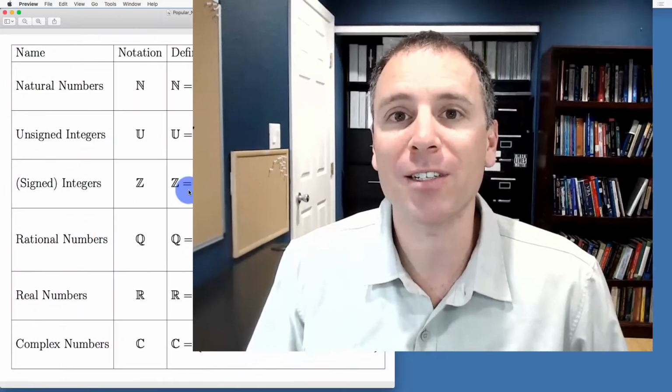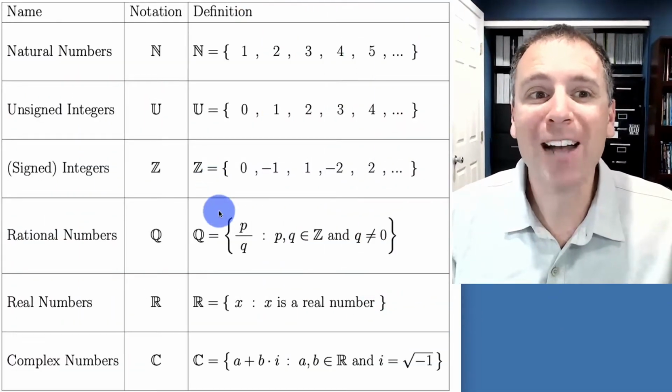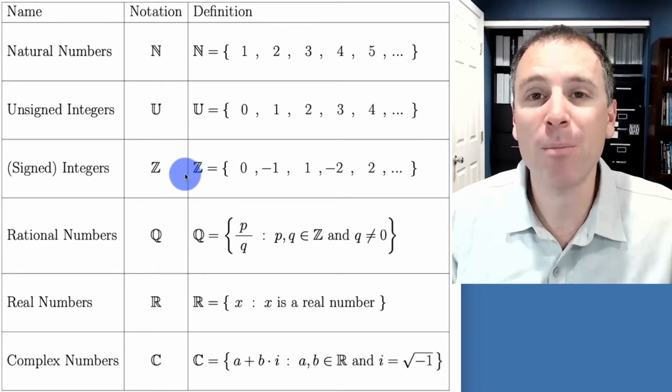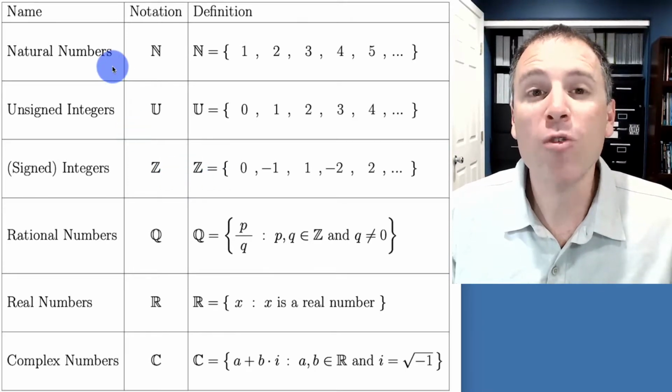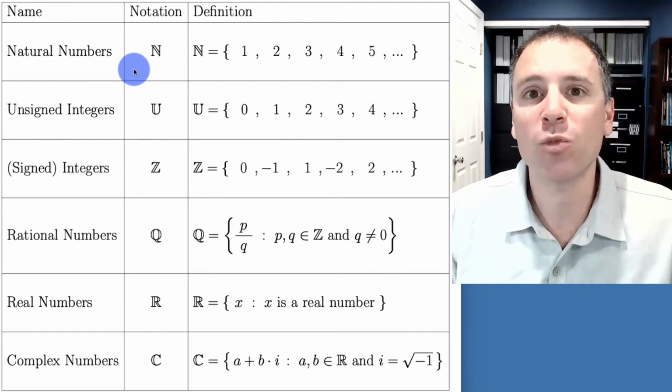Unsigned decimal representations are special ways to represent or write unsigned integers using a base 10 system. We're going to talk a lot about that in this lesson and continue to expand on it in future lessons. To start this conversation, let's go back to our table of popular number systems. We're going to run through each of these individually and then talk about how decimal representations relate to them.